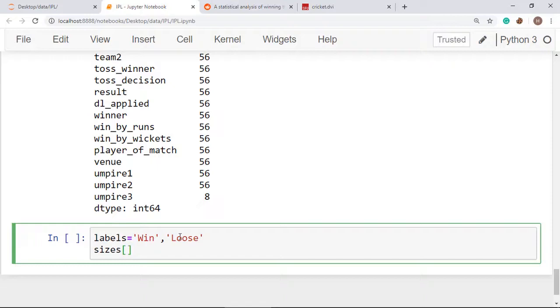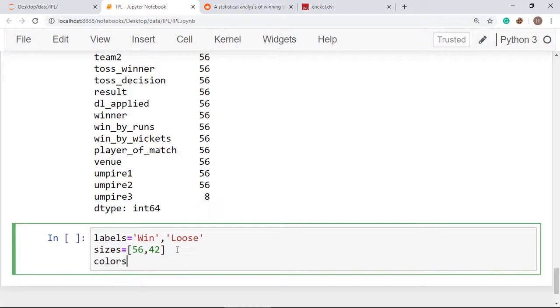We have two values, 56 and 42. Means 56 times Mumbai Indians has won the toss, and 42 times Mumbai Indians has lost the toss. Okay. Now I am going to set the colors, and I want it green when Mumbai Indians has won that match, and red when lost that match. Okay.